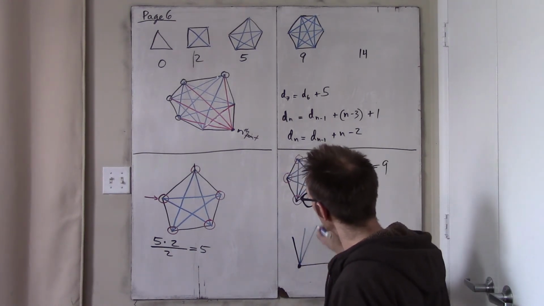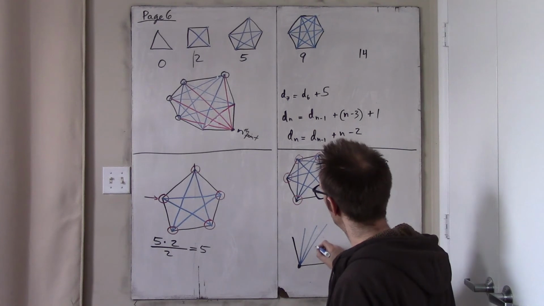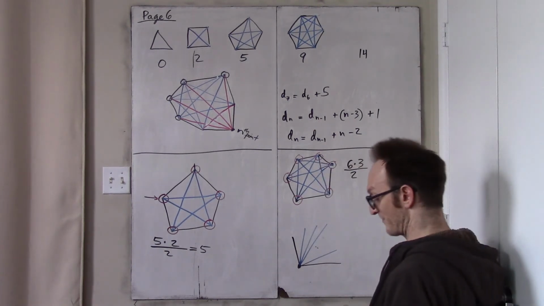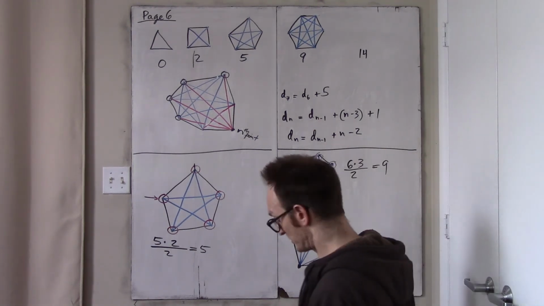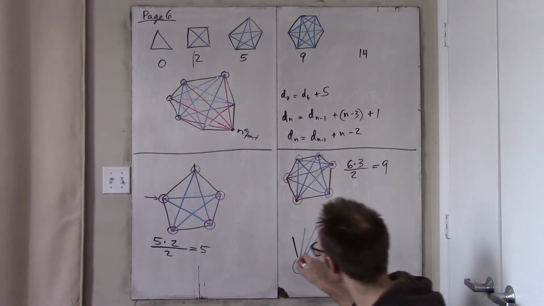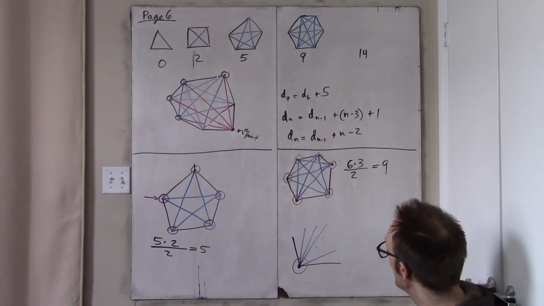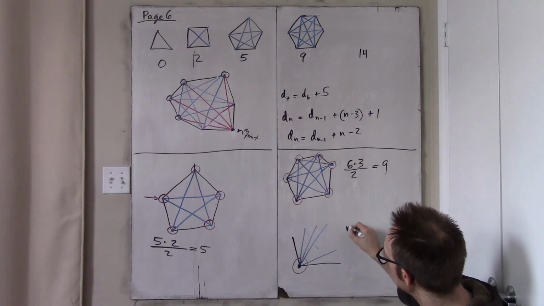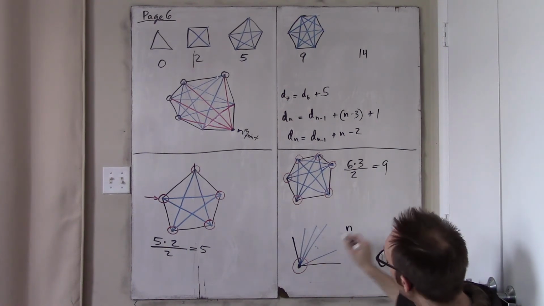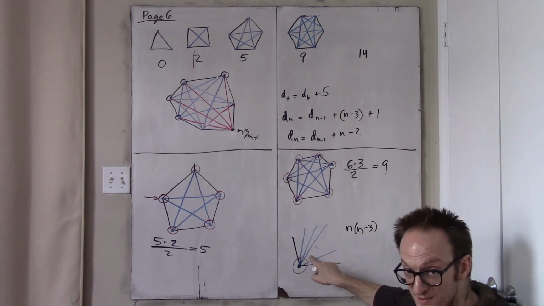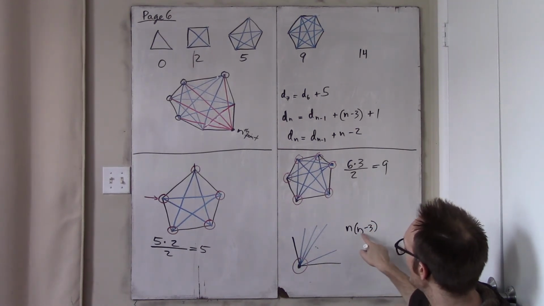Alright, so finally, in the general case, if this is an n-gon, then how many diagonals are there at any given vertex? I think I've argued that the answer is that there are n minus 3 of them. And so, looking at one vertex at a time, there are n vertices in the n-gon. There are going to be n minus 3 diagonals from that vertex, and that counts every diagonal